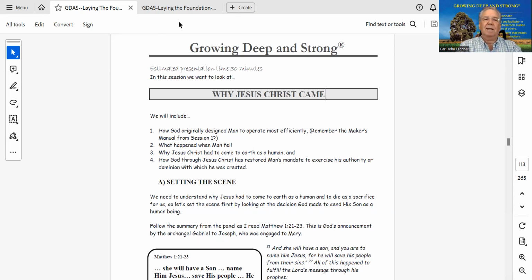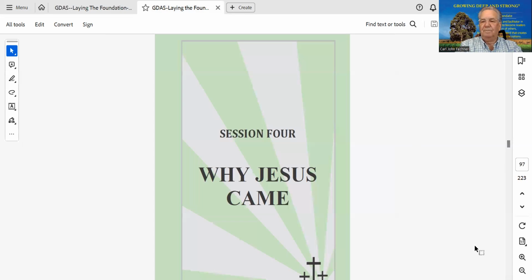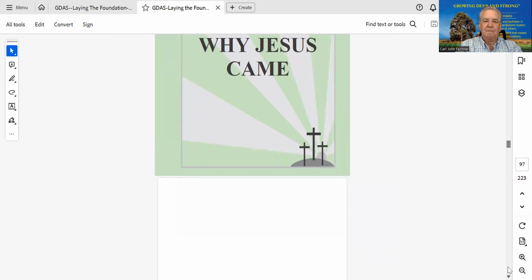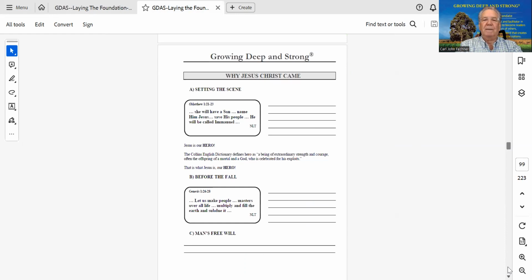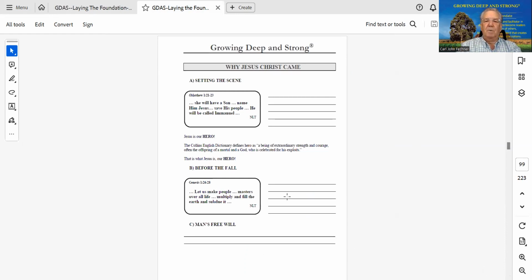This is the verbal presentation. Now, in the disciples manual, this is what their page looks like. So as I said, this is a verbal presentation. They just listen and take notes if they're note takers, or some people don't take notes. They can receive the information audibly. They can, in fact, if they want to, close their book. It's whatever works for them. But the main thing is this is a one-way dialogue. You're not entering into conversation, and I'll show you why in a second. Just verbally present the topic to them so they can hear it.